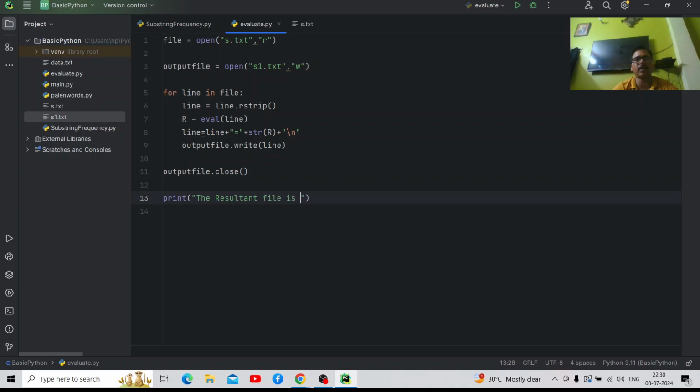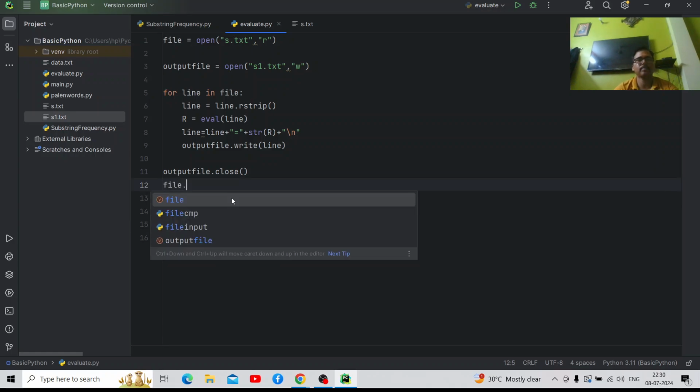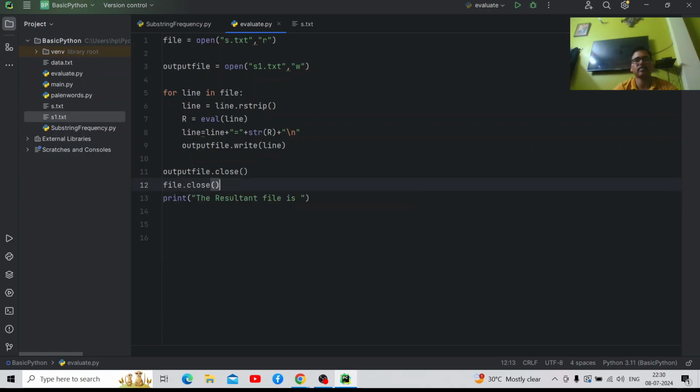How to read that resultant file? Tell. So file is equal to open s1.txt, and this is r mode.